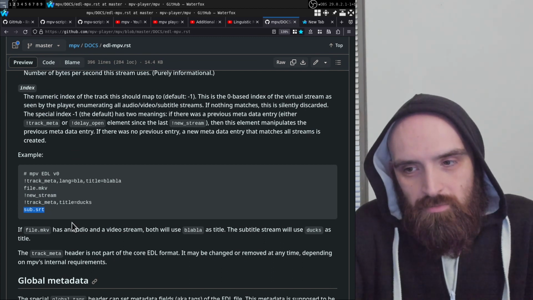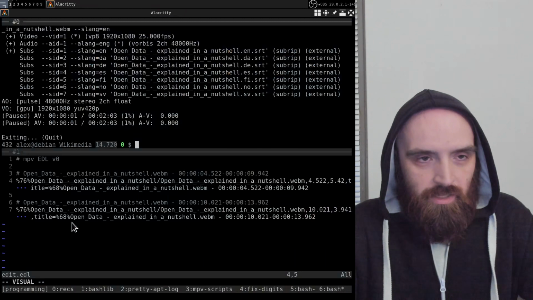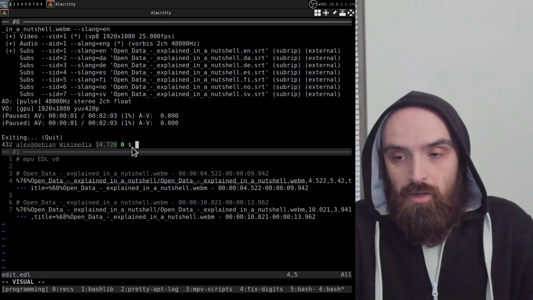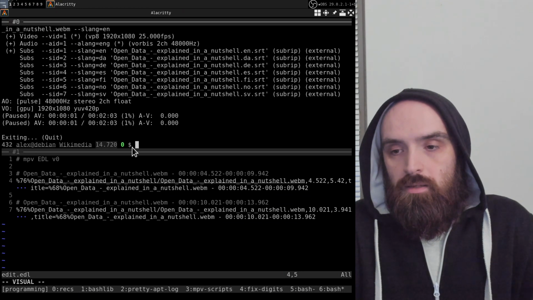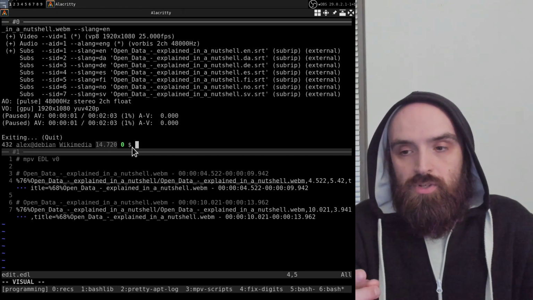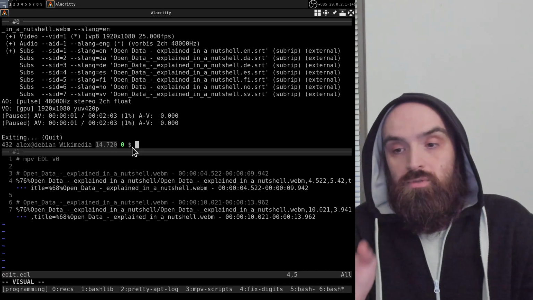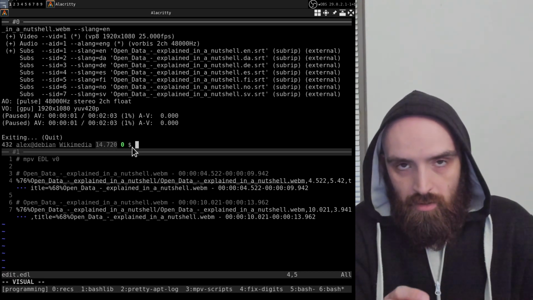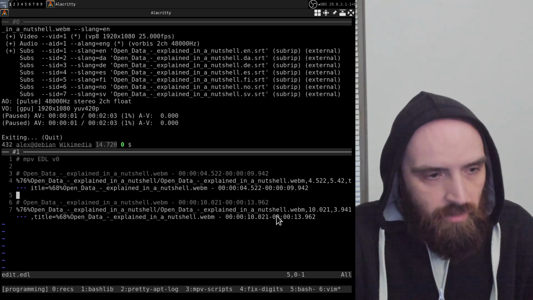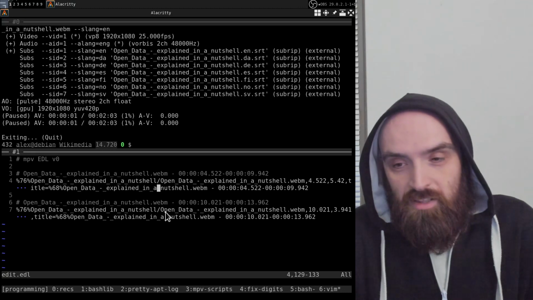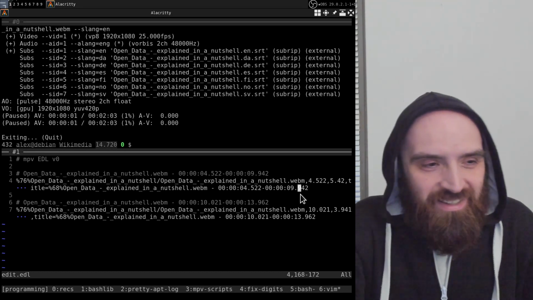So you can basically have the same segment for the subtitle, and that way it will also read from the subtitle file. This can be useful, for example, for language learners. If you have a video with a subtitle file, and you want to review just parts of that video, just the lines that you found interesting, and you would also like to see the subtitle in your EDL edit, then you can do that. This might be something that I'm going to add to the script in the future, but at the moment it's not there. But you can of course edit it manually, and it would probably be something like,